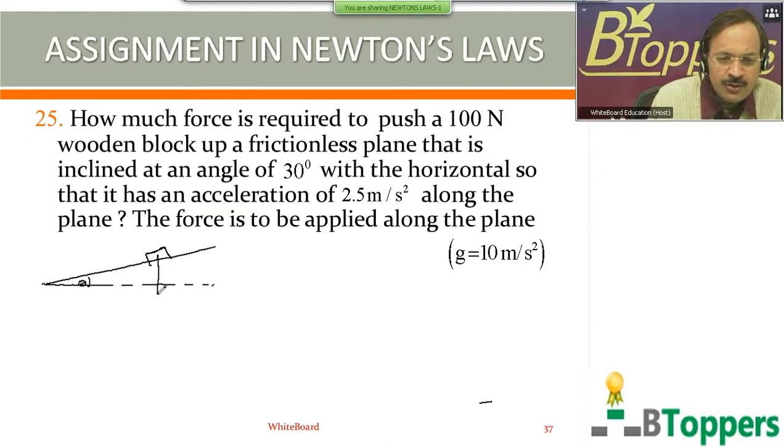The first external force which acts on the block is its weight mg, which is the gravitational force of the block by the earth. Then second force is the normal reaction force on the block by the inclined surface, which acts perpendicular to surface and directed away from surface. Let F denote the magnitude of the force to be applied on the block parallel to the inclined surface in order to move it up along the inclined plane.